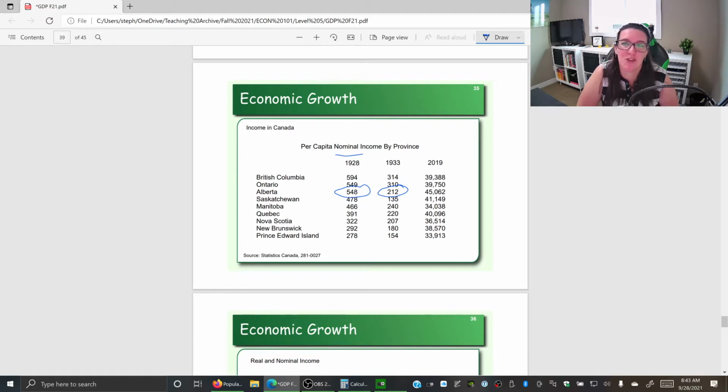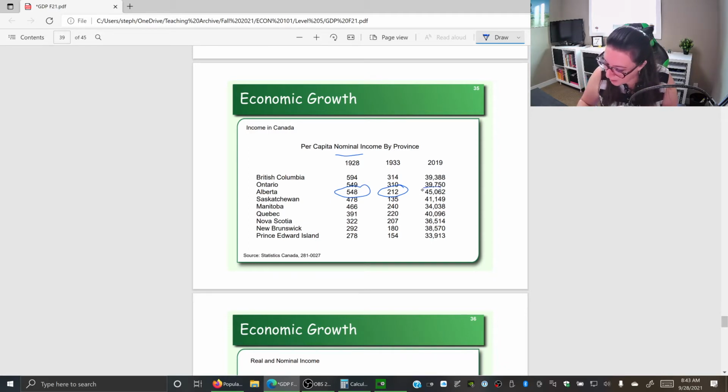Can you live off of $212? Well, it's hard for us to figure that out just based on that number 212, because how much did things cost then? Maybe things were just so much cheaper that $212 for the entire year was no big deal. In order for us to understand if things were really that bad in 1933, we need to convert that $212 nominal income into real income. That is, we need to adjust for inflation.